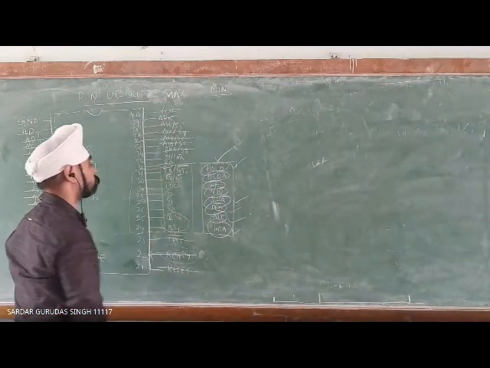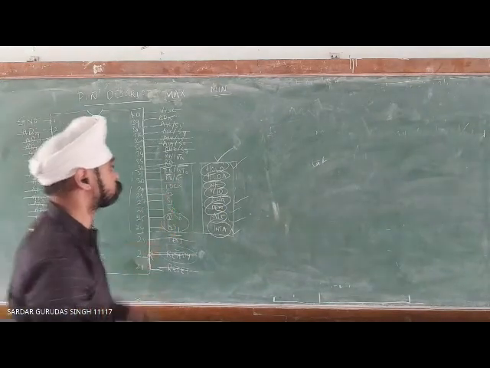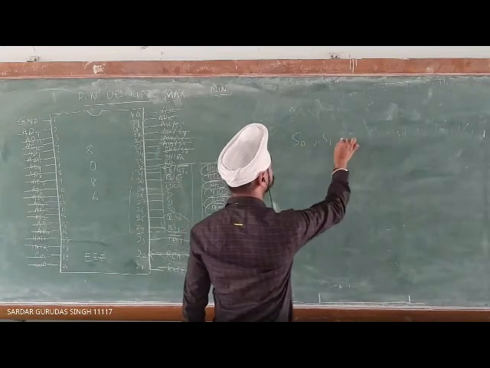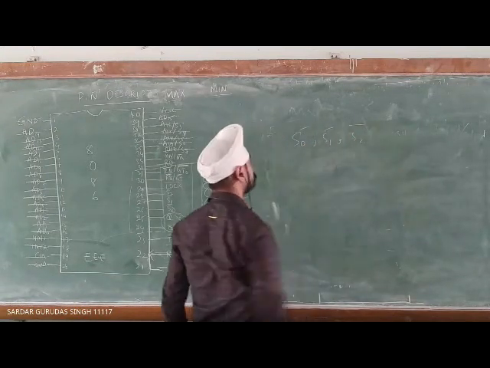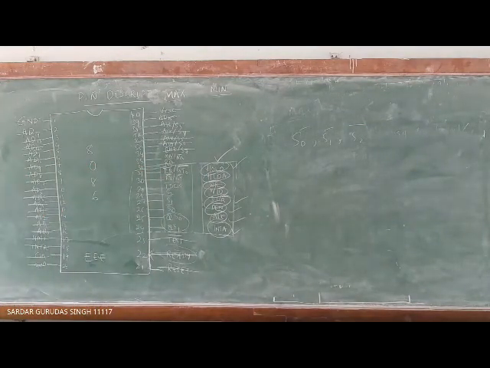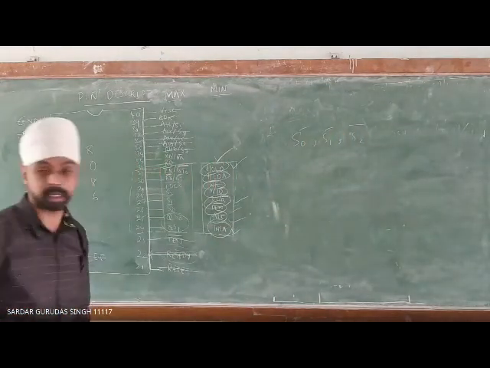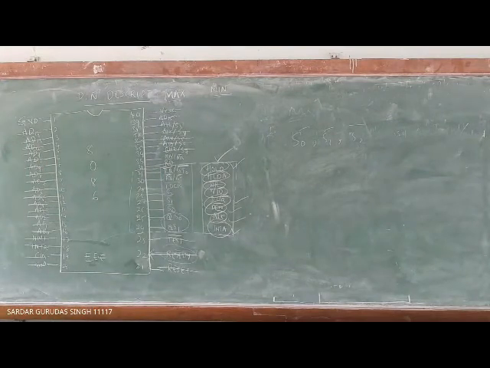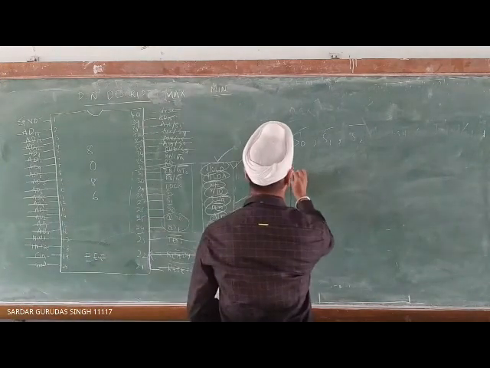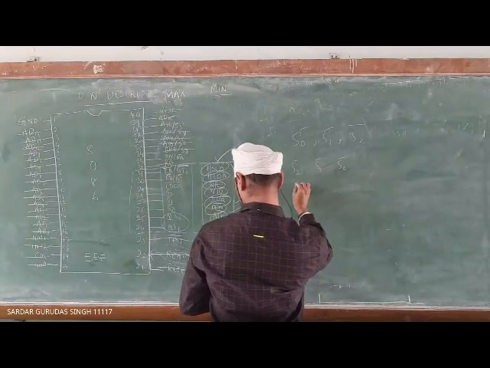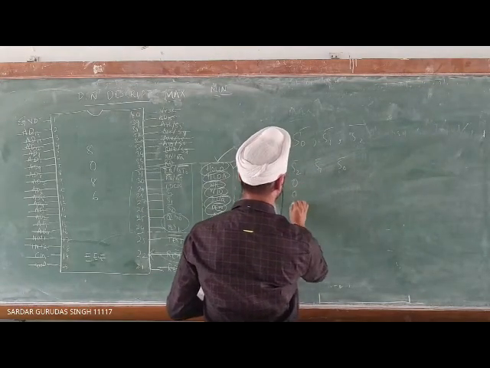QS1, QS0. Then S0, S1, S2. These are the status pins. All are active low. They will indicate the type of operation that is being performed by the processor. Okay. Again, it is a table that I need to draw. So S2 bar, S1 bar, S0 bar: 0, 0, 0, then 0, 0, 1.